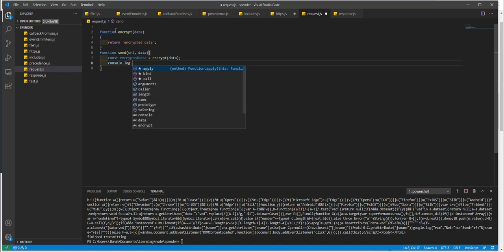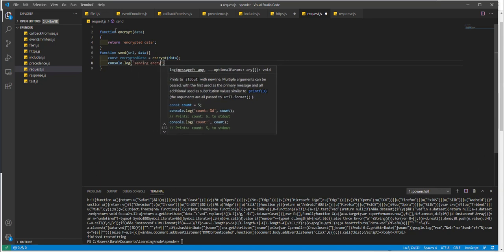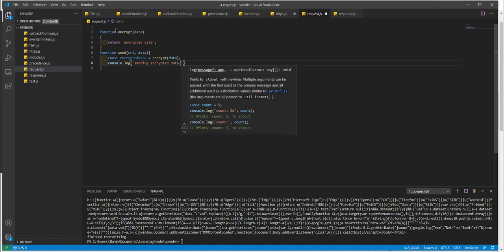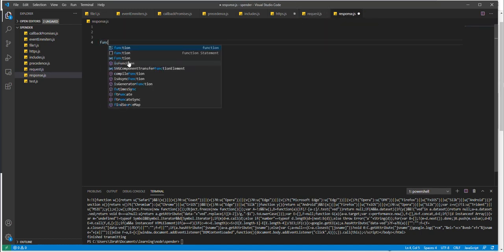This is not actually a real life implementation, but just a way for us to see sending encrypted data. Okay, so sending encrypted data, new line. There you go. So this is the sending encryption. You can save this, and then for the response, we need to do